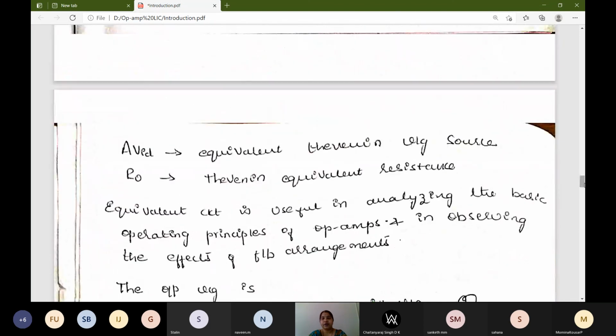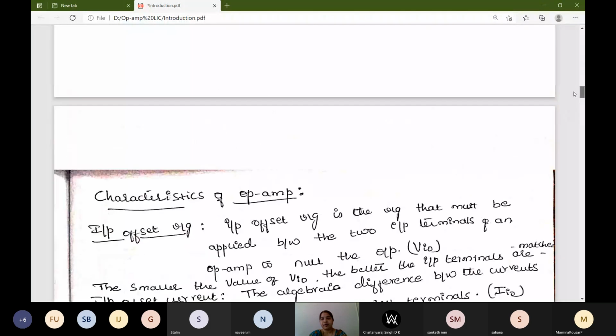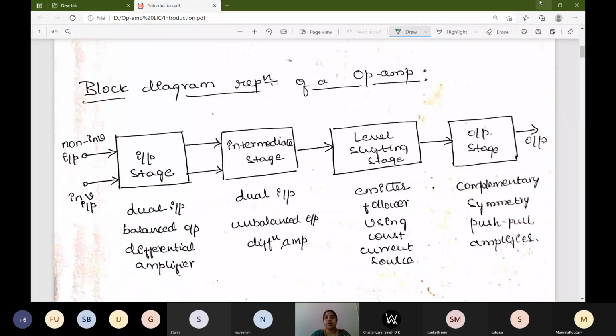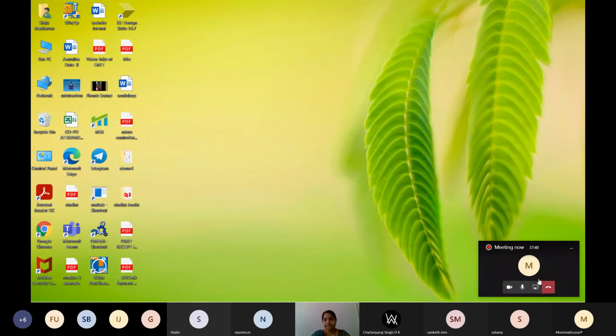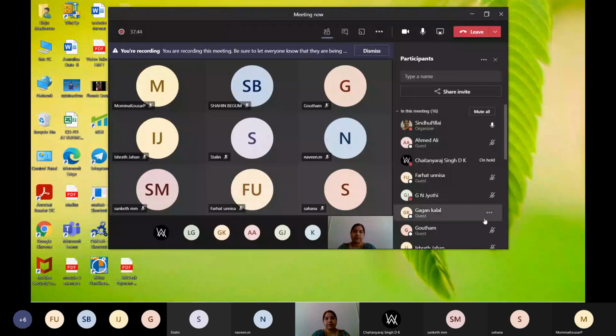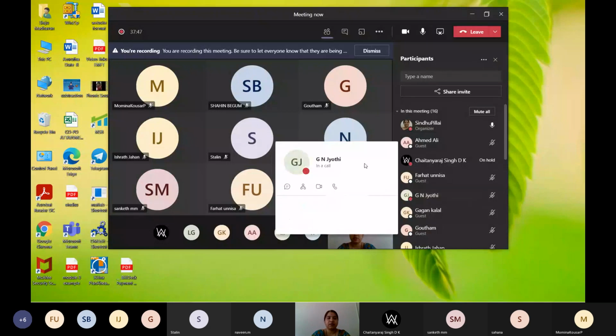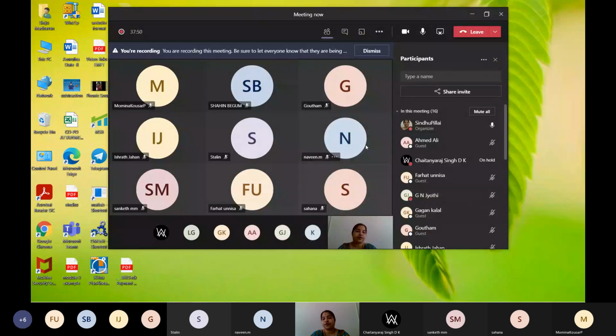So this is the introduction to the op-amp. What is an operational amplifier? What is its block diagram, how does it work, and how can the operational amplifier be used for different applications? Once again, it has two inputs, the inverting terminal and the non-inverting terminal, and it has a very high voltage gain. The curve shows that at some point input and output have a linear relationship. After that the output becomes saturated.